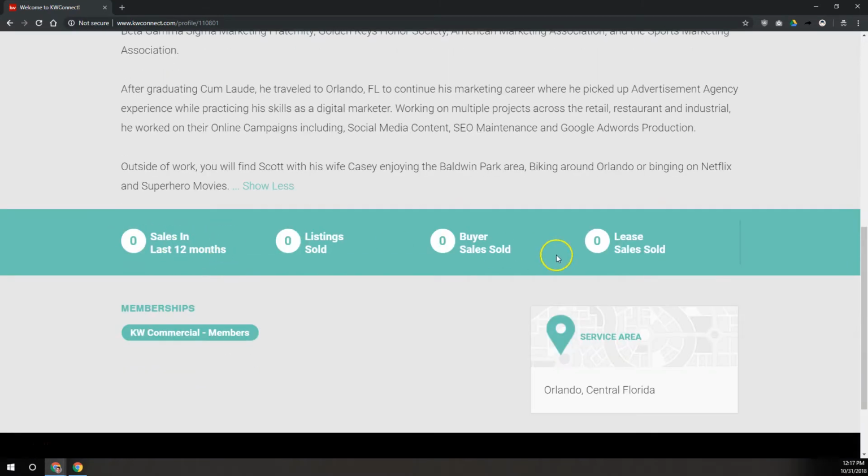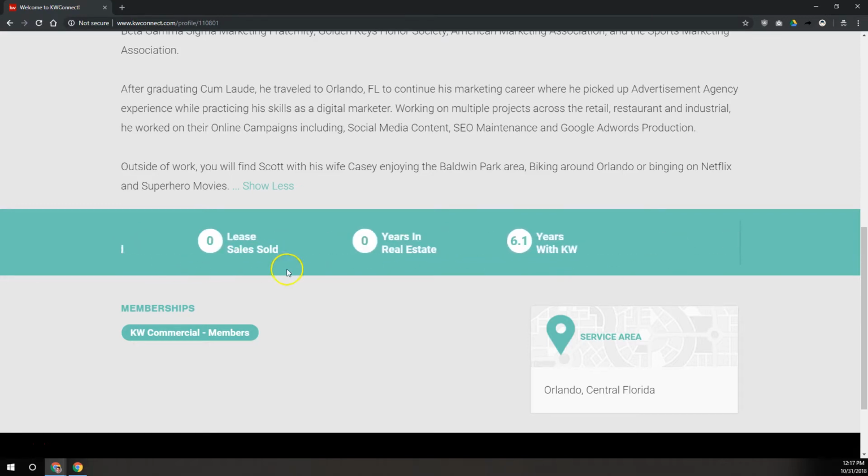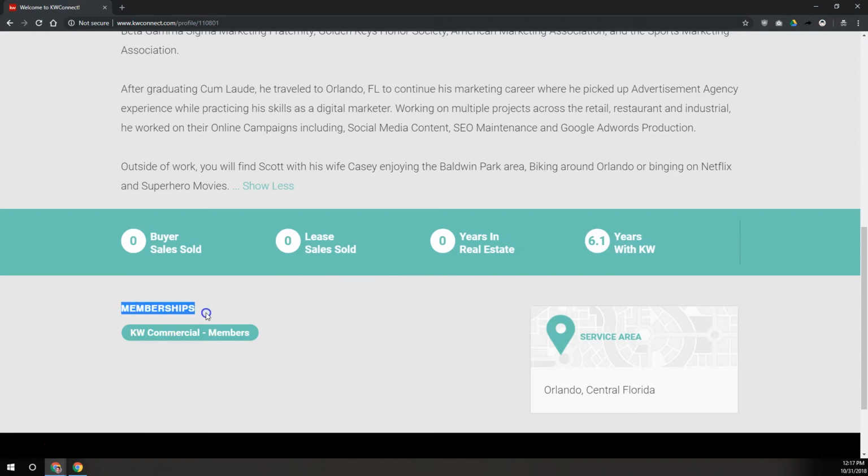Under that, it's got production numbers that you can choose to show or not show in this slide through section right here. It's got memberships down here, so memberships to like KW Commercial or Luxury or Farm and Ranch or GPS or Mastery Coaching, things like that. And then over on the right, you've got your service area, which you can dictate in your profile